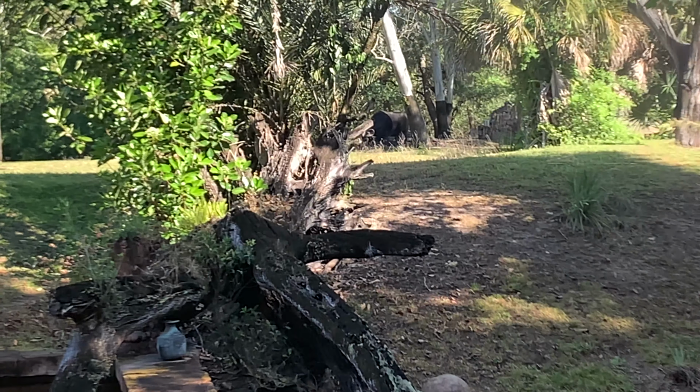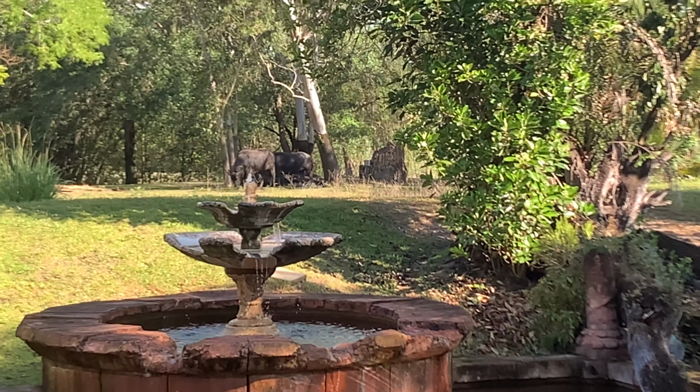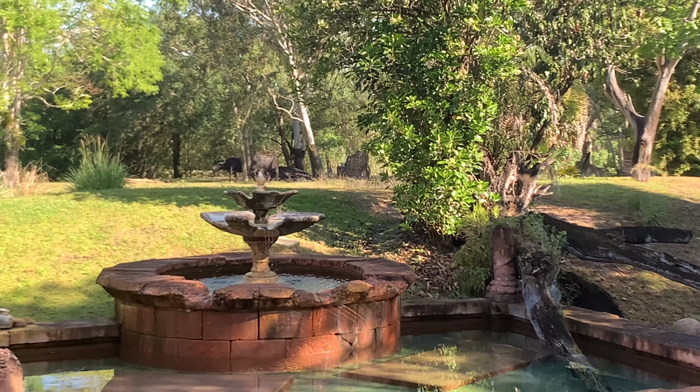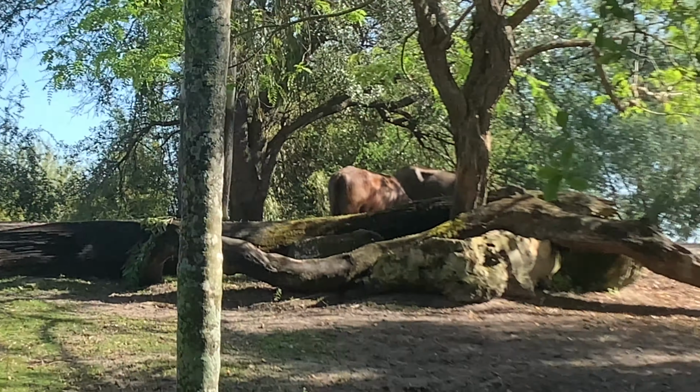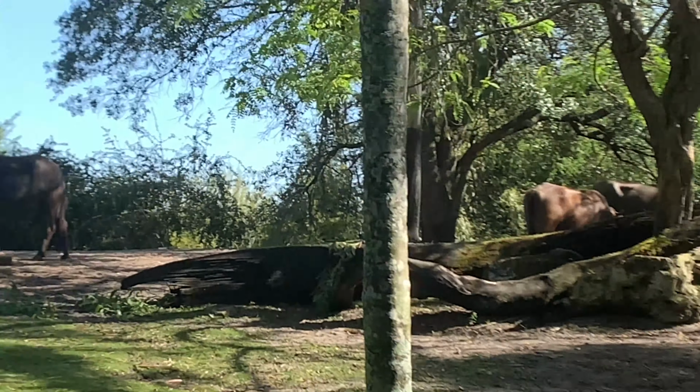That's the cat. Better view of it. Then why are there stairs for them to walk down if they can't even walk downstairs? They probably can. Oh, looks like there's a baby over there. The little ones are about a year and a half. Oh, really? Okay. There's a baby one right